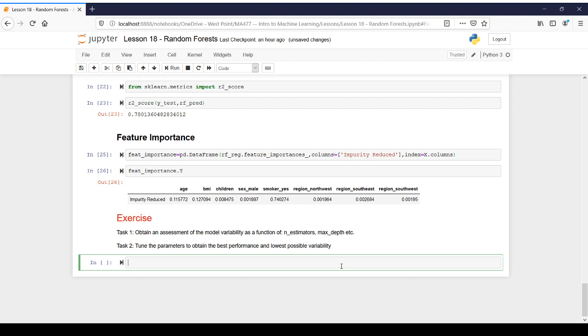So the first task is to gain an idea of the model variability as a function of the number of estimators, basically the number of trees we're using, and the maximum depth, how deep we're growing these trees. Okay, so that's exactly what we're going to do next. So we're going to build a tree. I mean, we're going to basically